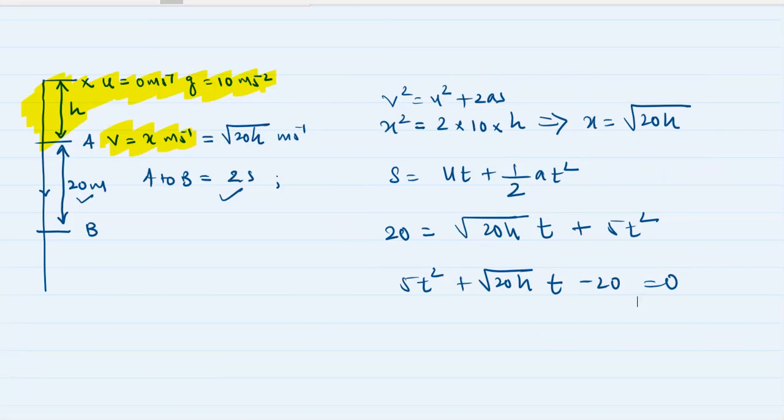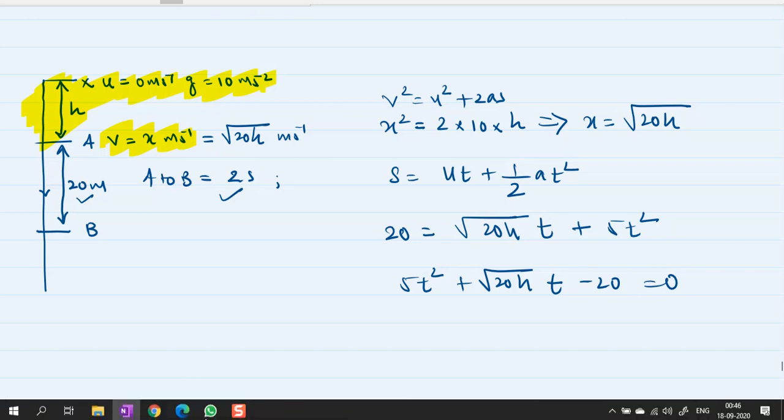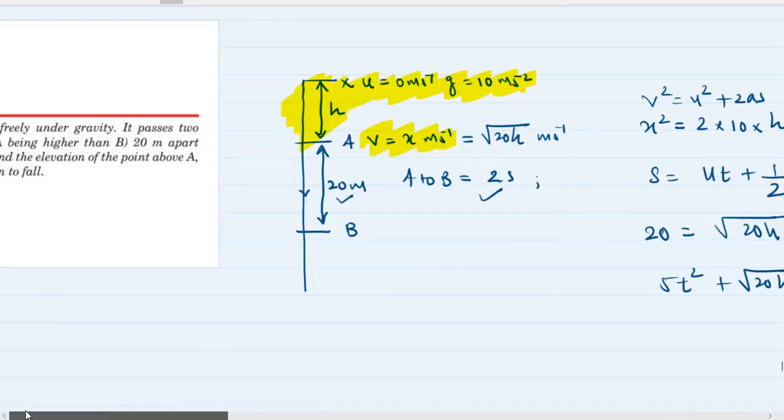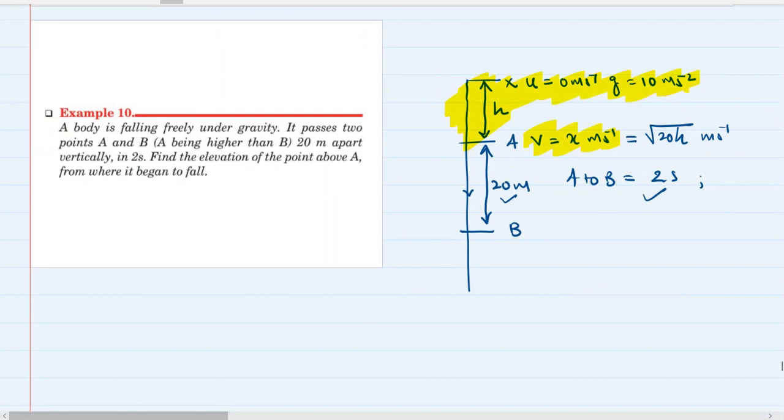Okay, so yes, remember to put the value of a or g as 9.8 and solve the same thing, and put the value of t and you will get the answer of h. Okay, so this part is over. It was a long video, I know that, but it is over now.